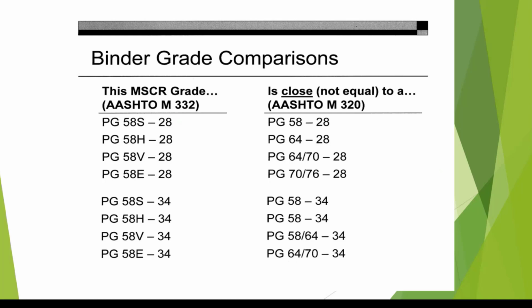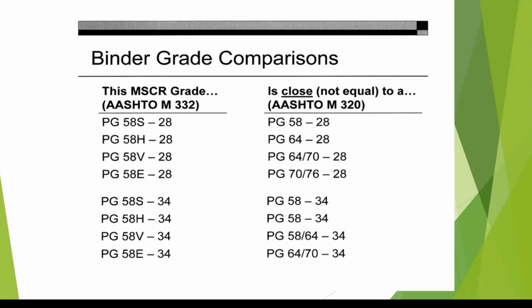So starting off, I mentioned the transition to AASHTO M332, the MSCR graded system. This is a chart I think Jeff Herman put together with Joe Davis several years ago, just to give you a transition. In the old days, in the M320 era, you just had the two numbers, right? The first number is the expected high seven-day pavement temperature in the location you're paving, and that's how that PG binder was selected. The second one is the single low temperature during the life of that pavement, and these are both degrees Celsius. So what MSCR, the M332, did was